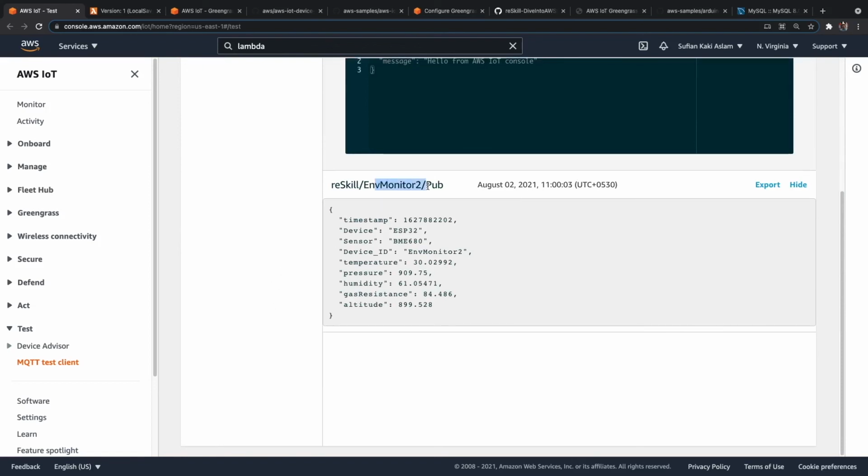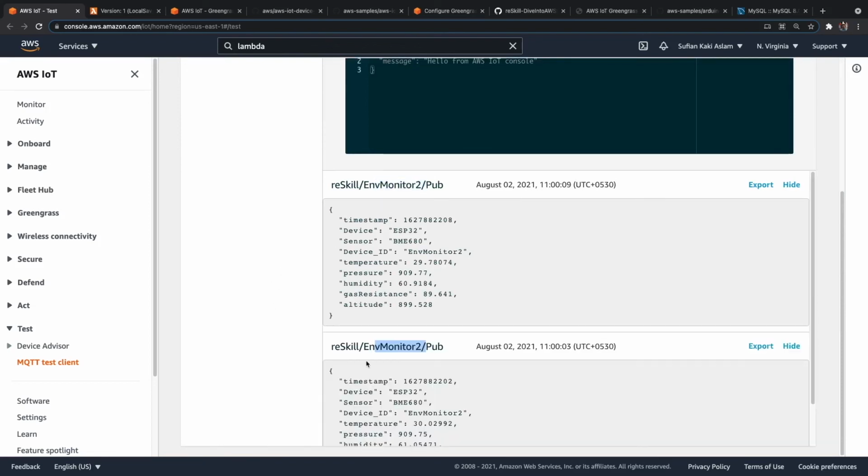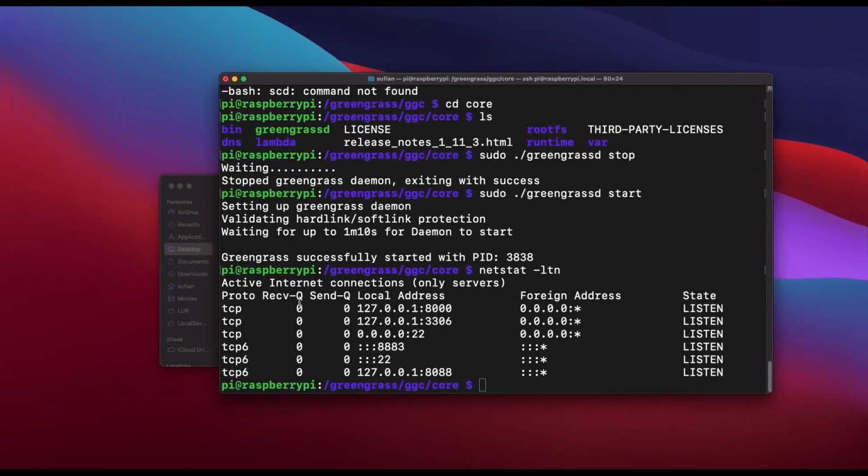From Environment Monitor 2, we have the data, and we should also start getting the values from Environment Monitor 1.